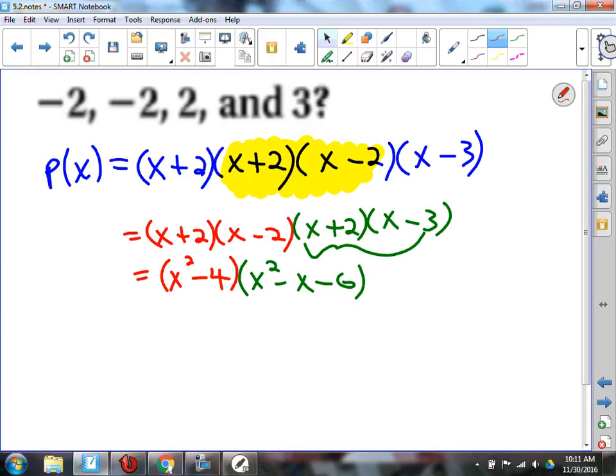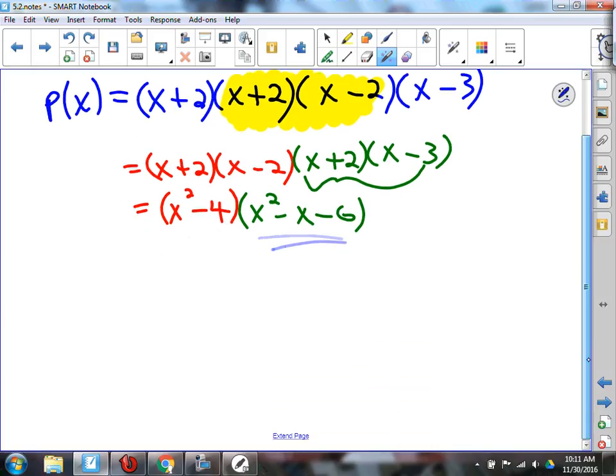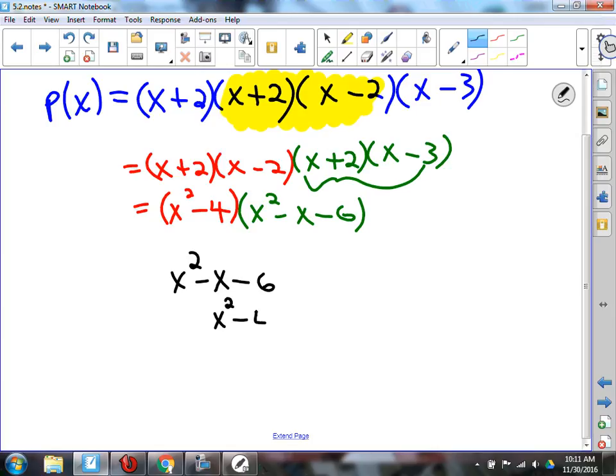So now, I said it was coming. We got a binomial multiplied by a trinomial. Couple different ways to go about doing this. One of the coolest things that I've seen in recent years is this idea of horizontal multiplication. X squared minus x minus 6 times x squared minus 4. Setting it up like this, kind of like you're going to multiply the old-fashioned way, where you take this negative 4 and you multiply that by the negative 6. And so you get 24,